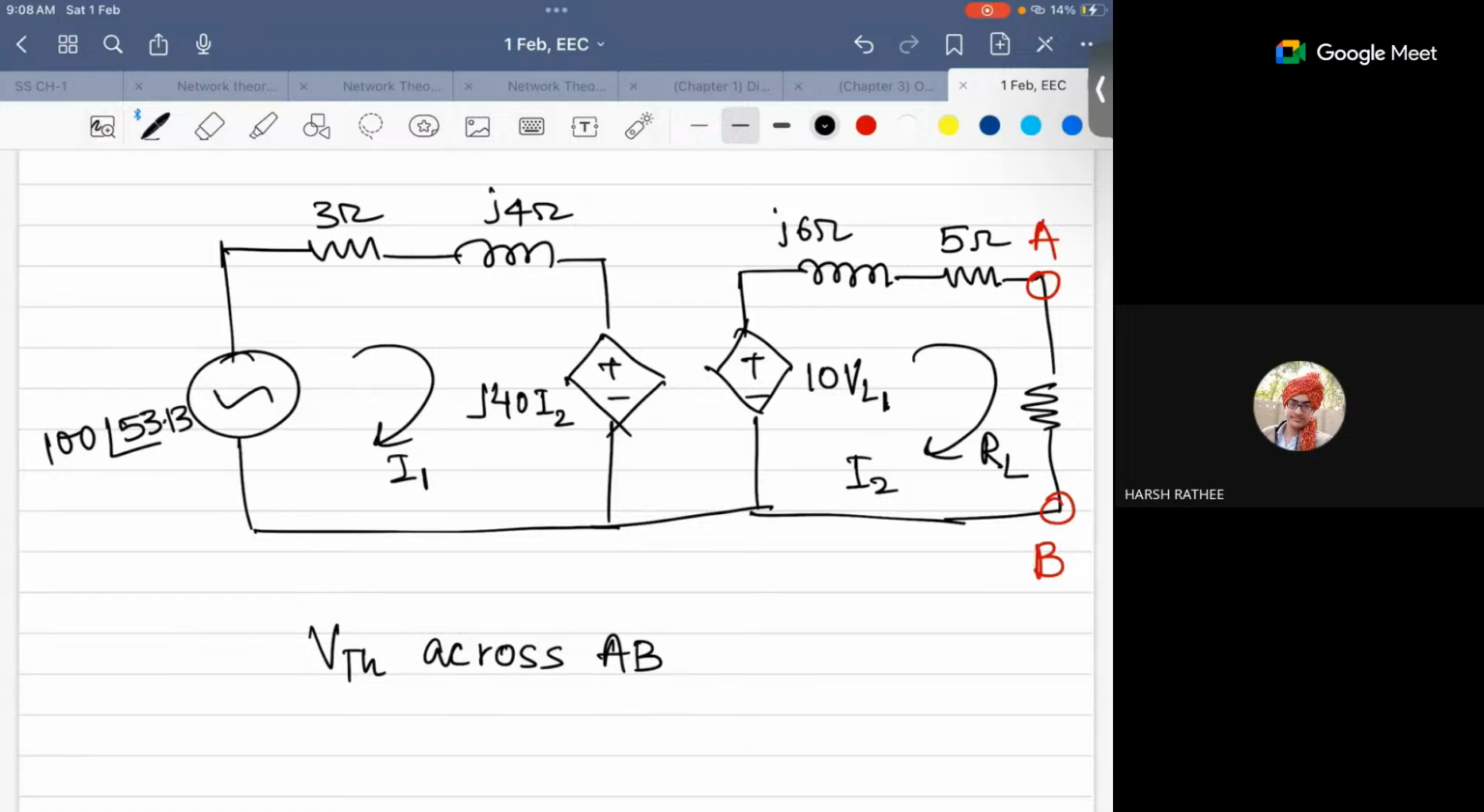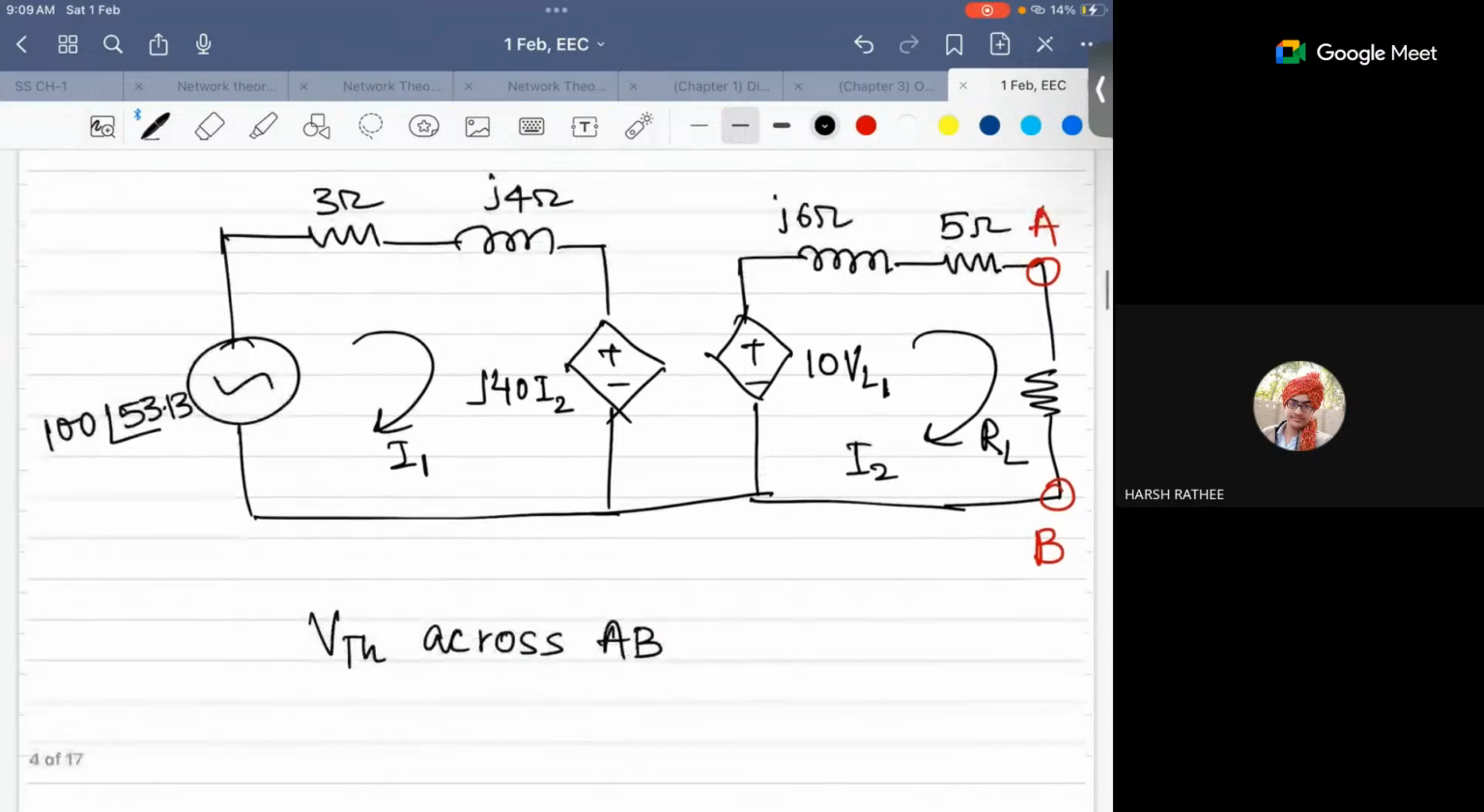And what you have to do is calculate V Thevenin across AB. Just by looking at it, this circuit is pretty simple, though it seems very difficult. But if you have to calculate the V Thevenin, then you can see what will happen in this circuit, the other one